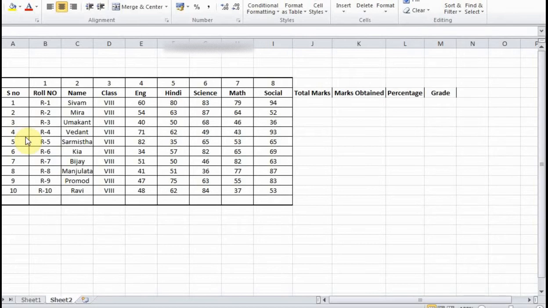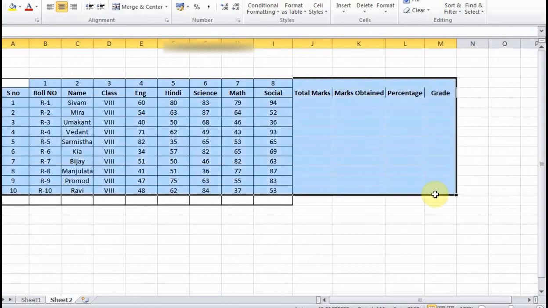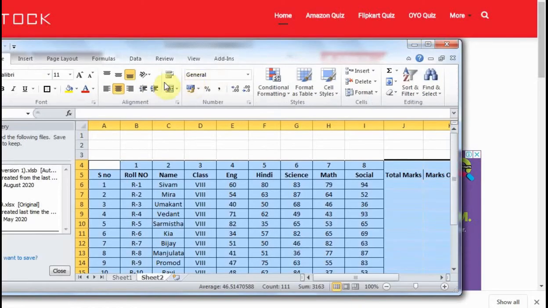So here we are going to calculate the marks obtained, percentage and grade. So let's arrange this properly. You can just select all these and go to the border section.